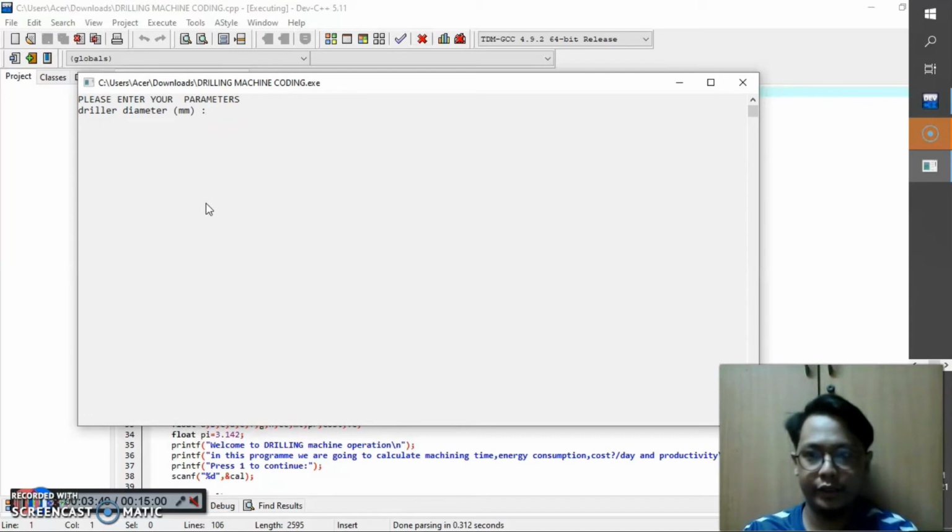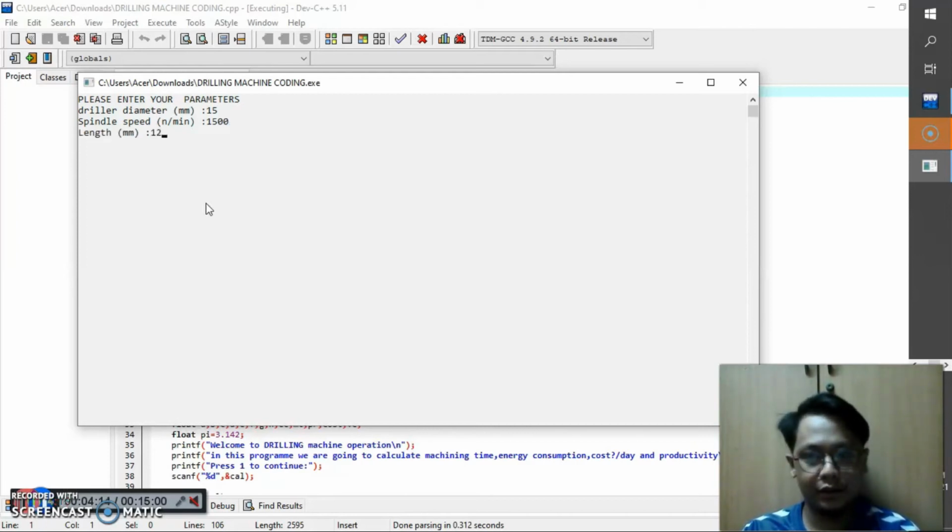In this part, please enter your parameters. So we enter all the parameters. Diameter is 15. Spindle speed about 1500.